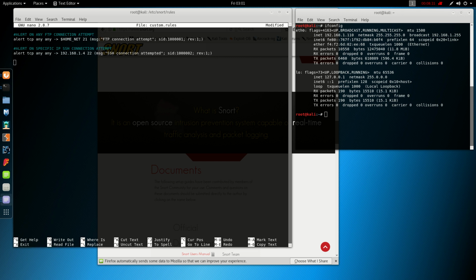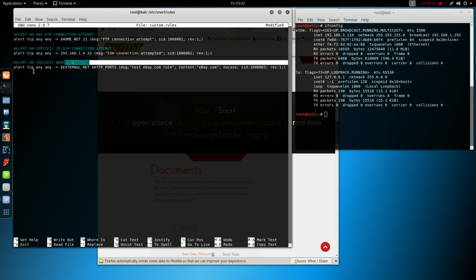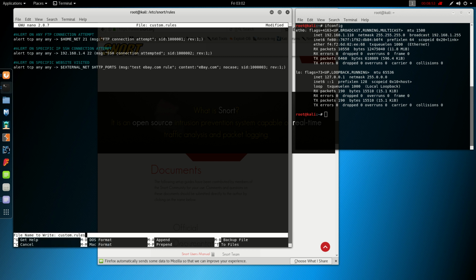And just for time here, I'll paste in another preset rule that I've made. Cool. This one actually looks for a specific website from any IP address to an external IP on HTTPS ports for this content. And this is what I was talking about before. When it looks at the payload itself, it will look for this string, ebay.com, without case sensitivity, and if it finds it, it'll log it. We'll save this file, we'll quit out,